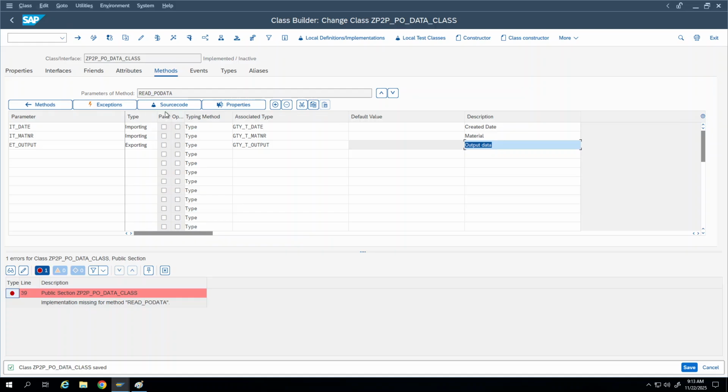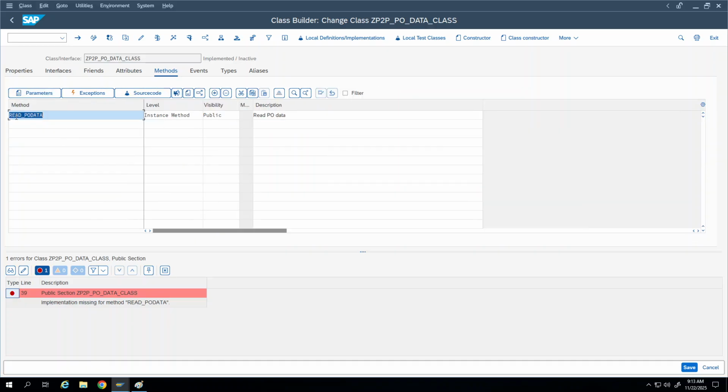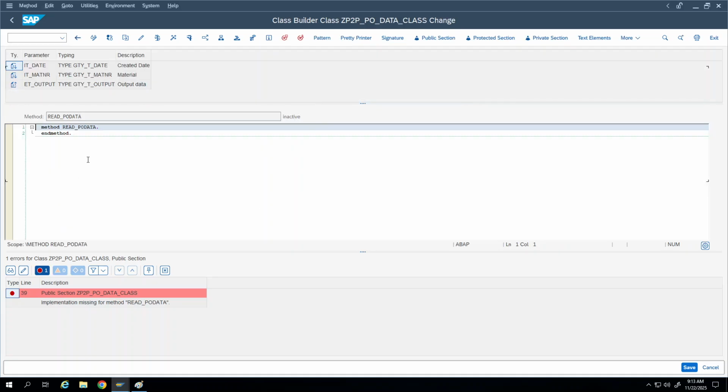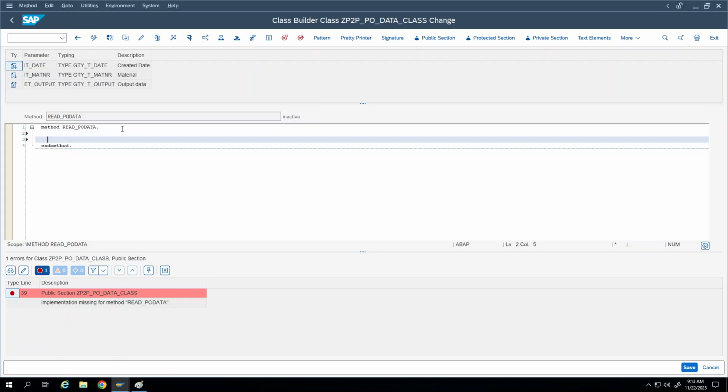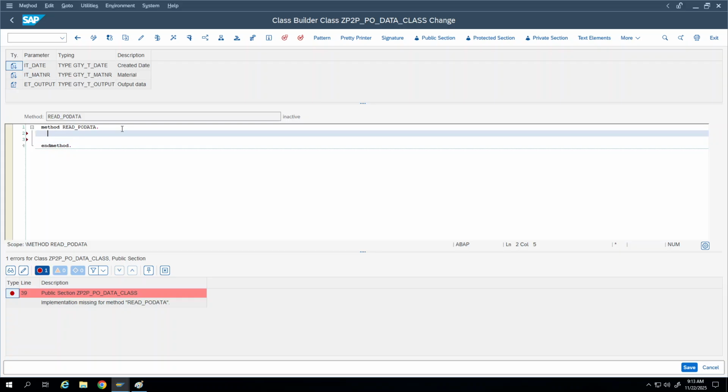Is everyone clear till here, defining import and export parameters? Yes, sir. Now go to the method and create the implementation by using our importing parameters. Select